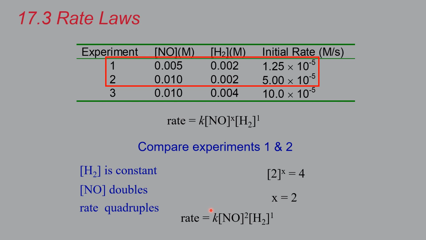So the one last thing we need to know is what is the value of that rate constant K. So how do we figure that out? Well, now that you know what the exponents are,